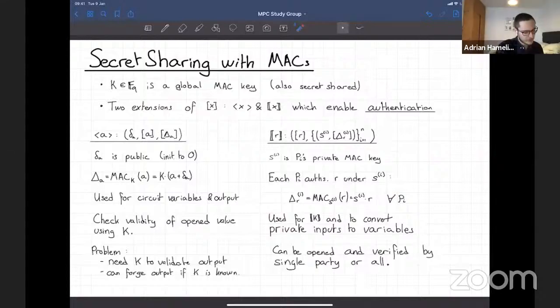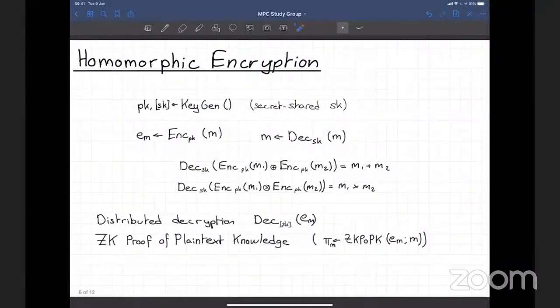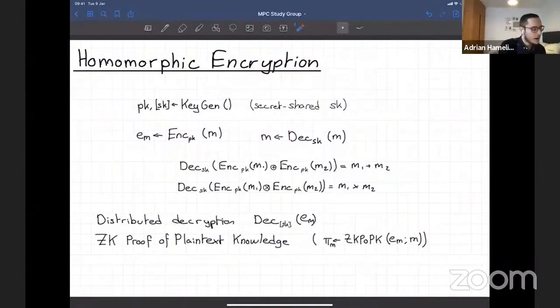So it's quite involved. It requires this multiplication, which you can then do with this homomorphic encryption. So the idea is that you have a private public key and a shared secret key, and you're able to encrypt and decrypt messages. It should be EM, I'm sorry. But the nice thing is that you can do multiplication and addition over the ciphertext, and the result will be reflected in the plaintext once decrypted.